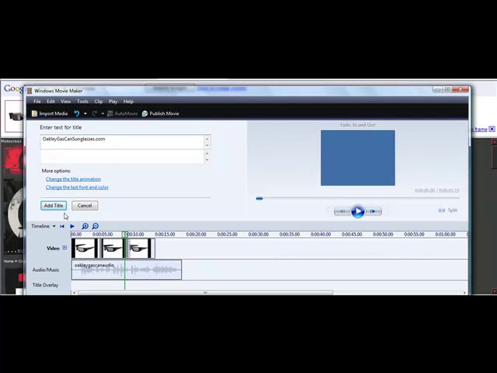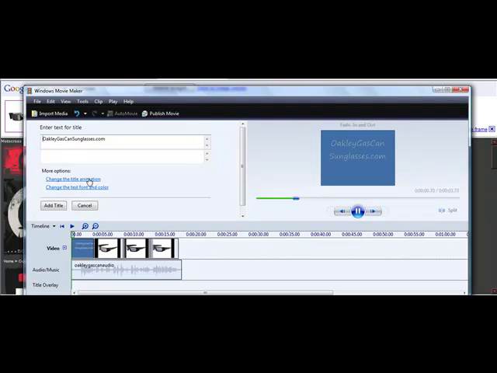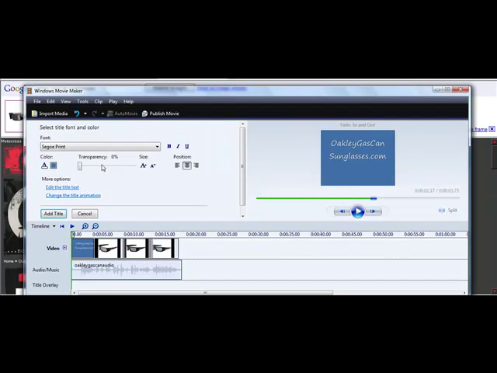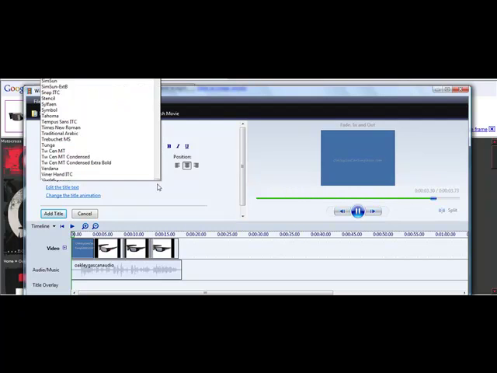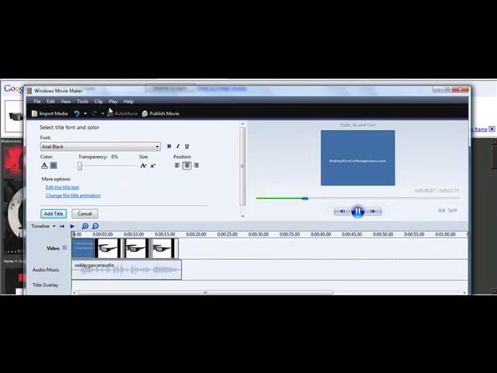And then click on add title. Now you can come right over here to the title and double click on it, and you could actually change the text font if you wanted to. Like if you want to make the font smaller so it actually shows up a little bit better, you could do that. And if you want to change what the font looks like, let's say you want to change it to a more natural one, like maybe Arial Black, for example,